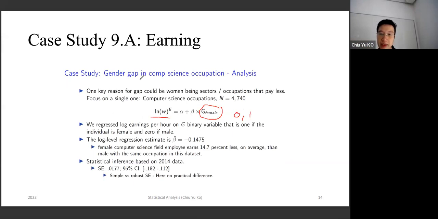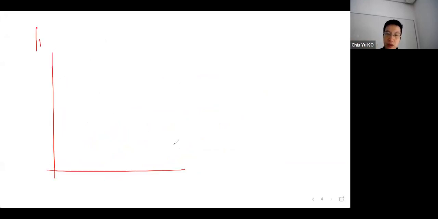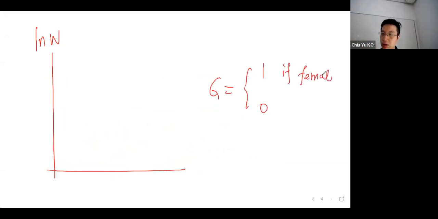Okay, what does that mean? It just means the following. The binary actually means this, right? You have a regression, log W, okay? G is equal to 1 if female, right? 0 otherwise. Okay, what does that mean? It means the following. Just the regression set